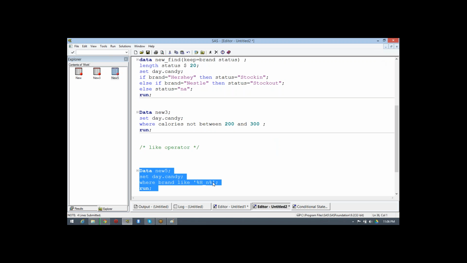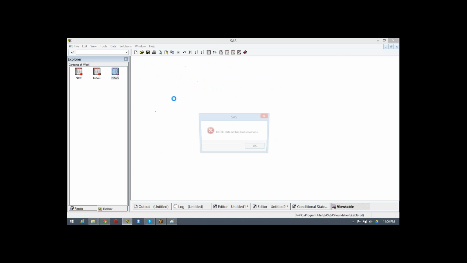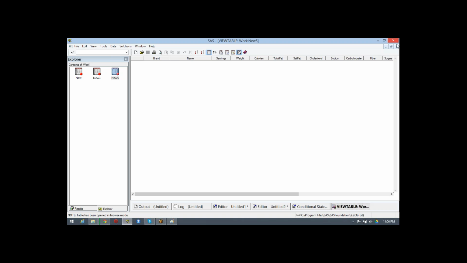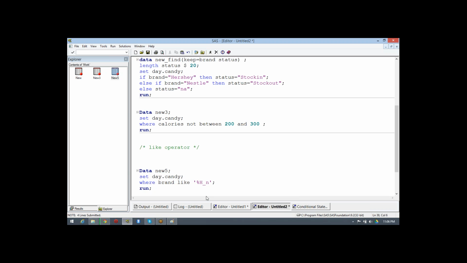If I remove this symbol and execute, you will not be getting output, because we are not getting a proper match.